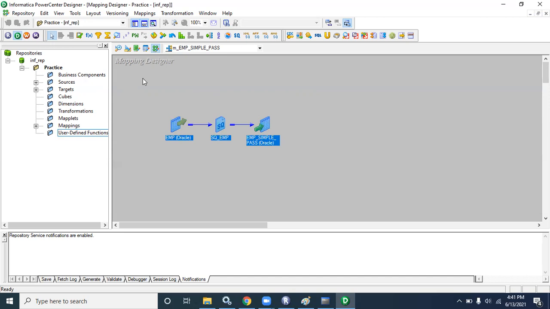If anything is not understandable, let me know and I will make you understand. So this is the designer part where we can create the ETL program.